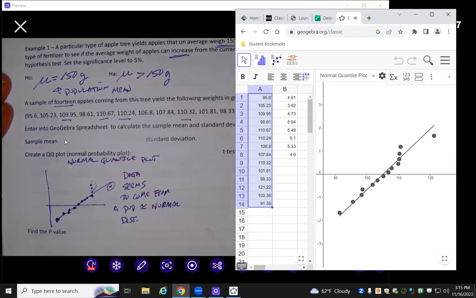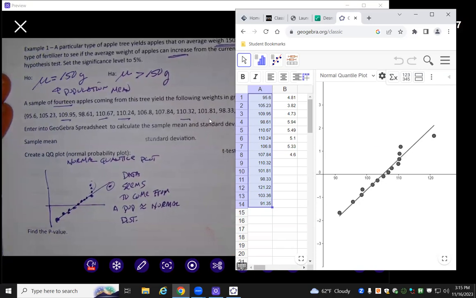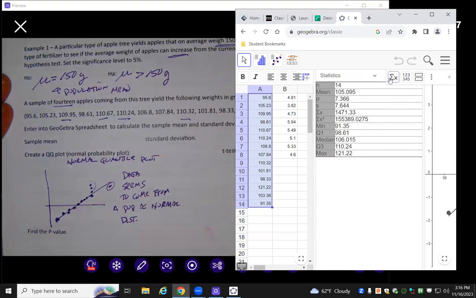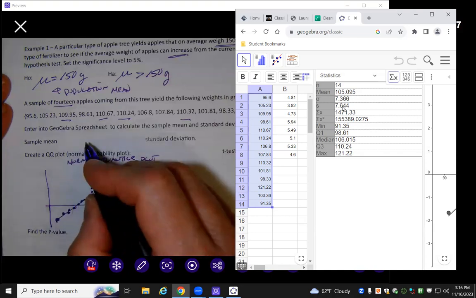But now, of course, I'm going to need the sample mean and standard deviation. You're not expected to do this by hand. That's why I'm copying this information here. I'm going to click on this sum, and then the information pops out. In the homework, you'll have data, and you can copy and paste it down here. If the online version, like I'm using here, is giving you trouble, then maybe go to the downloaded version of GeoGebra, or another device where you can just copy and paste the data and get this information. So the sample mean is right there,